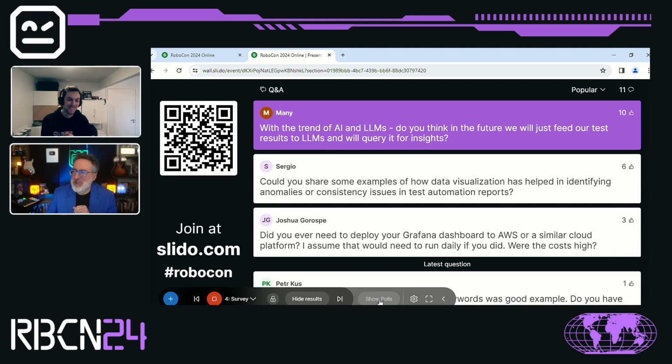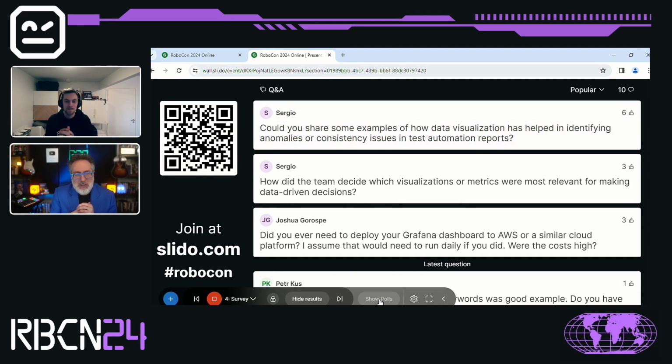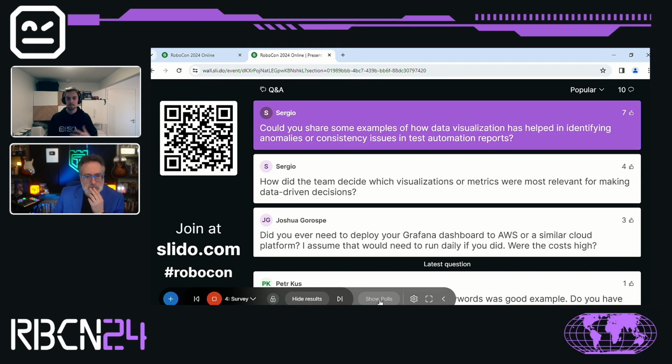We'll see for sure. Do you have any examples of how data visualization has helped identify anomalies or consistency issues in test automation? Or is there a pattern you see a lot, where you think, wow, this actually helps with this type of issue? Well, at least I mentioned the two stories which helped with the consistency issues.